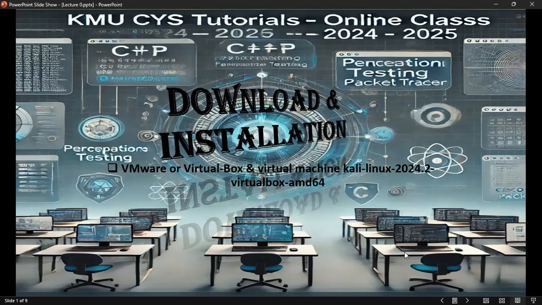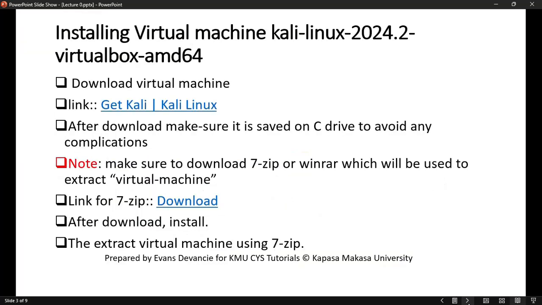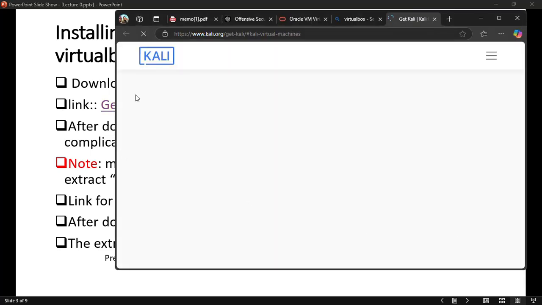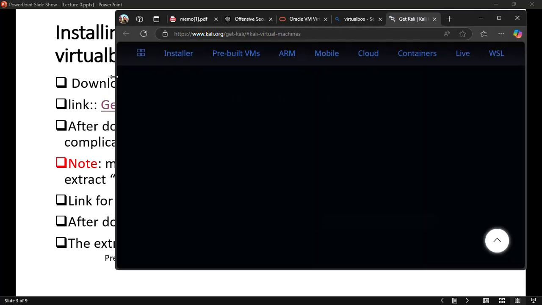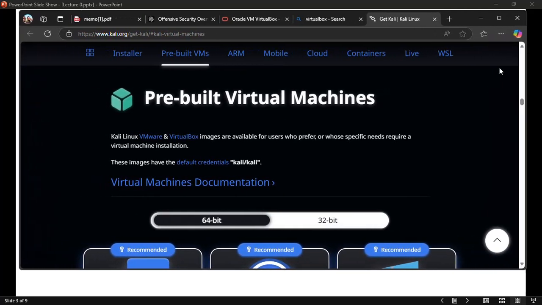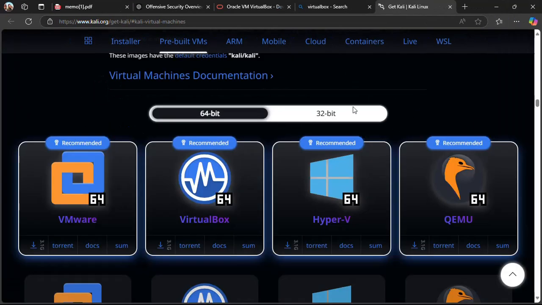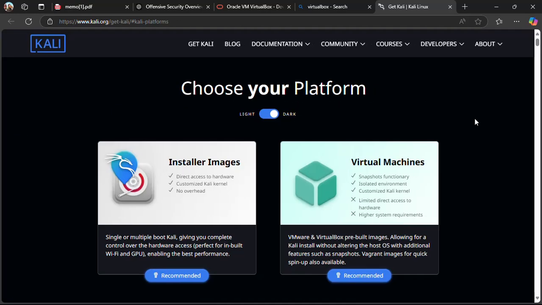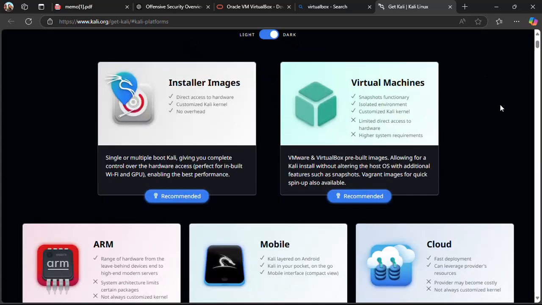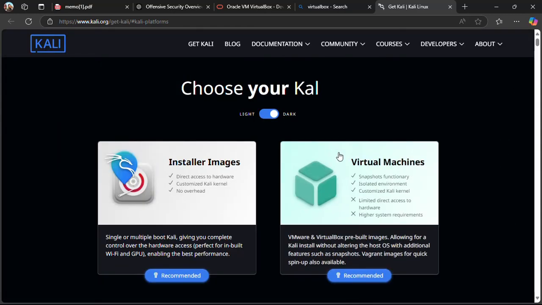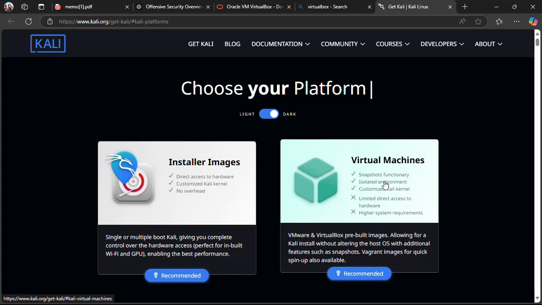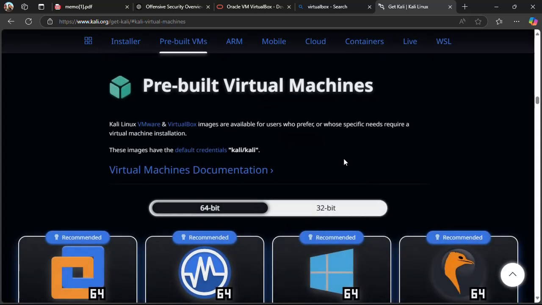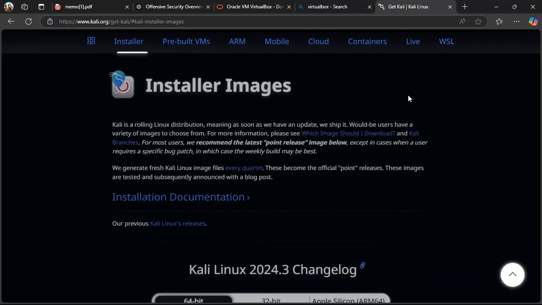We can go on this particular link. I've provided the link, so you can just click on it. Once you click on this link, you will be directed to this page. Now follow me here step by step. Once you're on this page, make sure you scroll up, then click where it says virtual machine. Once you click there, you then need to